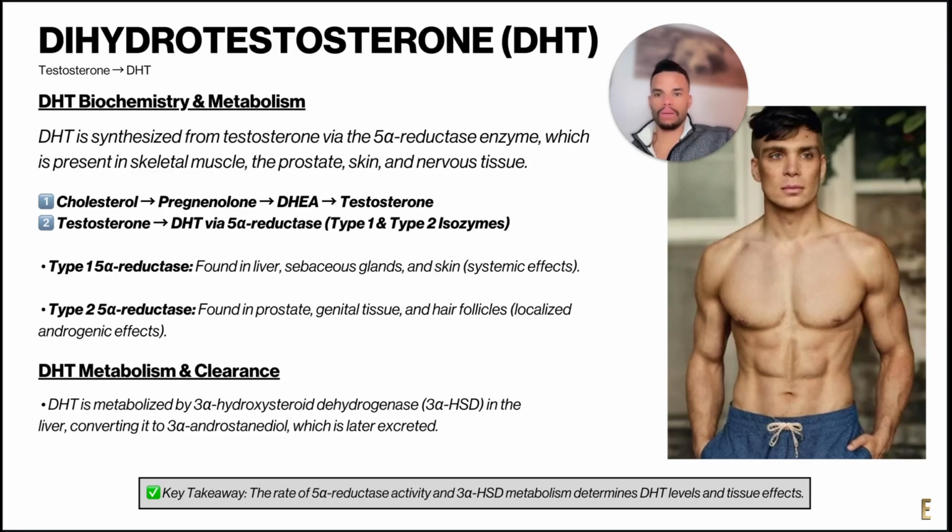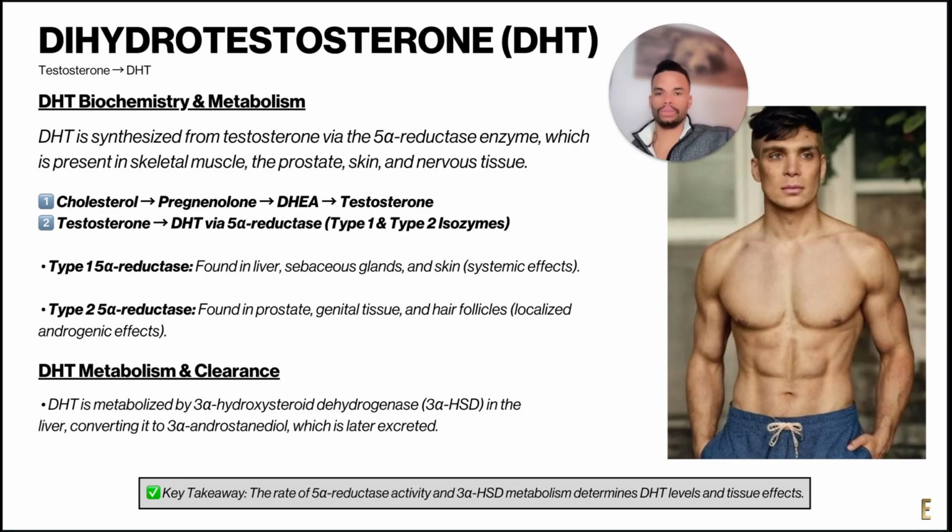DHT biochemistry and metabolism, it's important to understand this. DHT is derived from testosterone via the 5-alpha reductase enzyme, which converts testosterone into DHT. The synthesis of testosterone follows a multi-step pathway: cholesterol to pregnenolone to dehydroepiandrosterone, also known as DHEA, to testosterone. Then testosterone gets converted to DHT via 5-alpha reductase. There are two isozymes for this, but really all you need to know is DHT is the end product that's